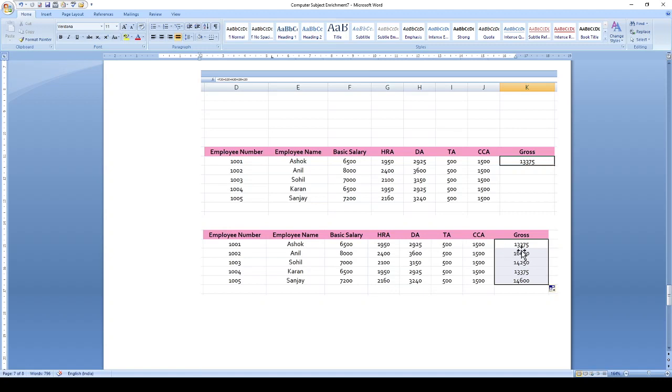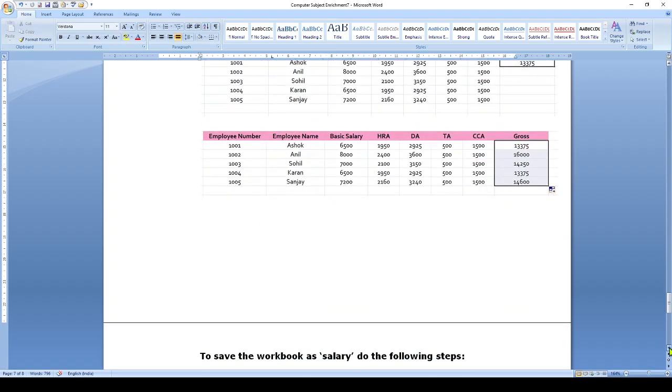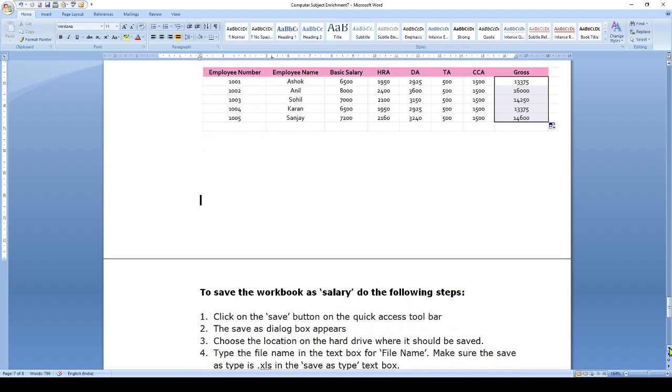So when you are writing a formula using the cell references, it becomes easier to generate and copy the formula using the autofill feature. Okay, so try to use the cell references while writing the formula. It will be easier.